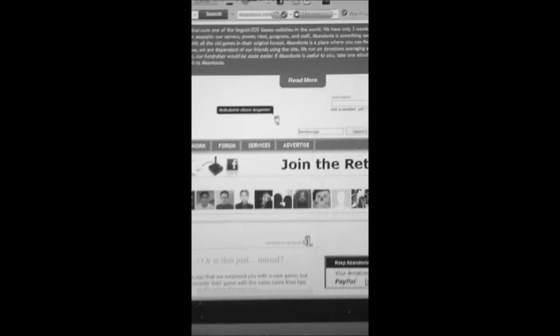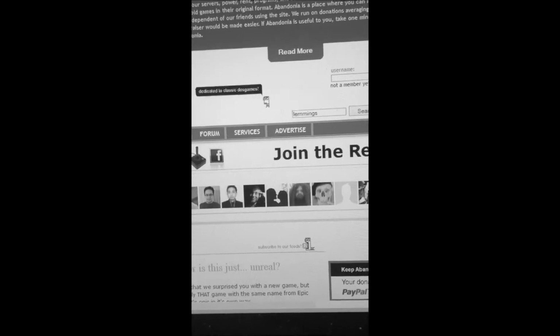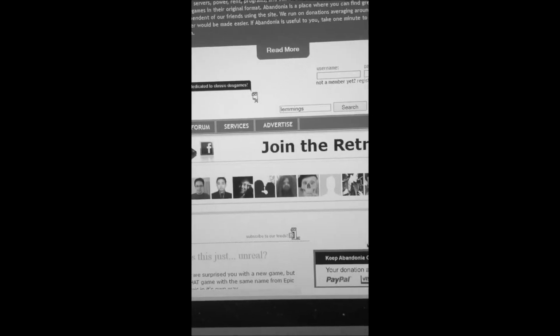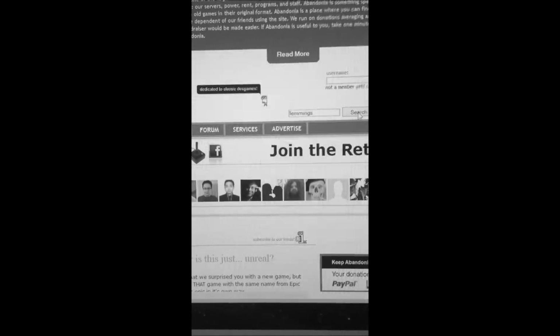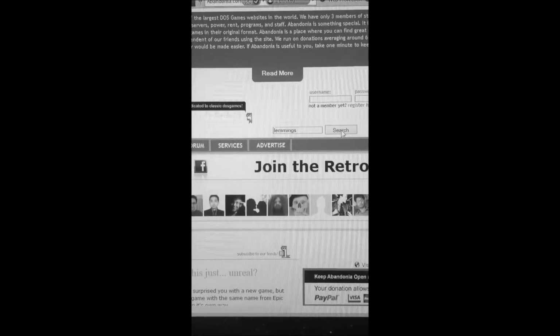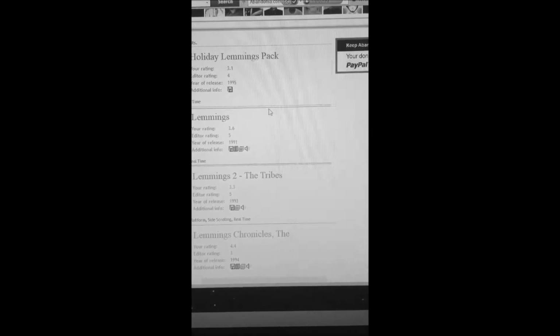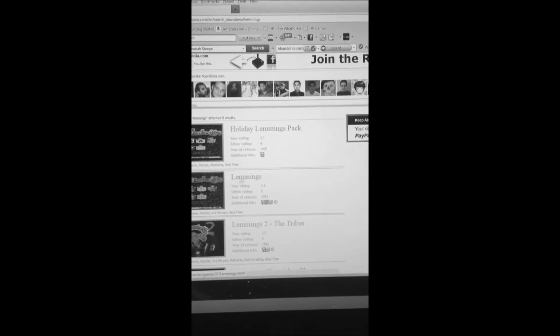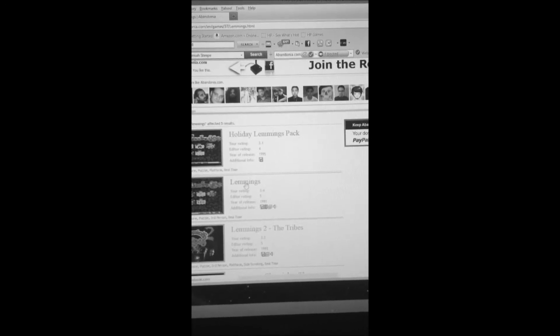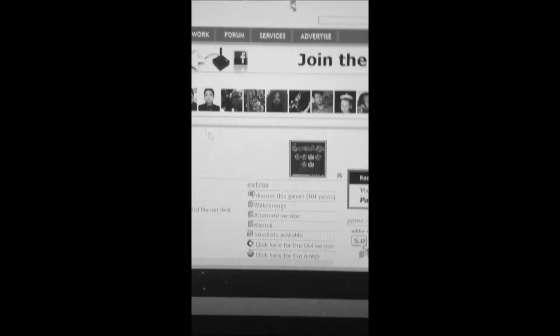And so we'll go and we'll search for Lemmings. Now that's a classic game that everybody loves. So we'll click on Lemmings. Let's do a search. Boom. Now you got Lemmings Holiday Pack, Lemmings 2 the Tribes, Lemmings. Oh no, more. So a bunch of Lemmings. We'll take the classic. Let's click on Lemmings. Now over here will be some,